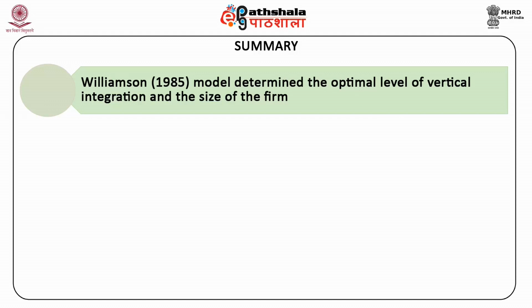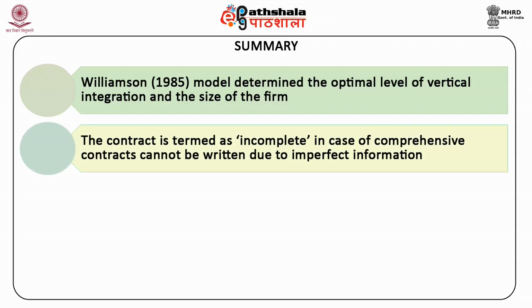The model distinguishes between technical efficiency, which indicates whether the firm is using the least cost production techniques, and agency efficiency, which indicates the extent to which the firm minimizes coordination, agency, and transaction costs. The contract is termed incomplete in case comprehensive contracts cannot be written due to imperfect information. It enables them to have control over the opportunistic behavior of one partner over the other partner by withholding